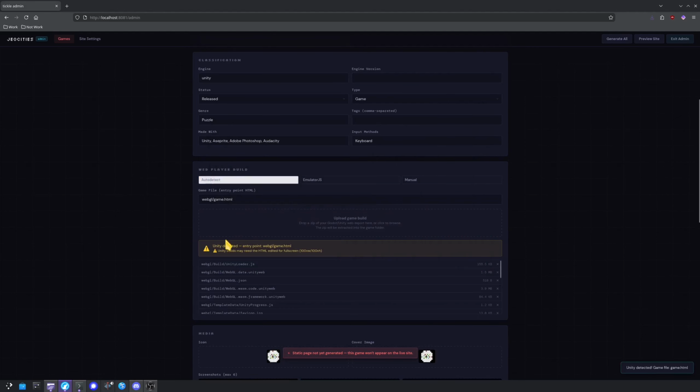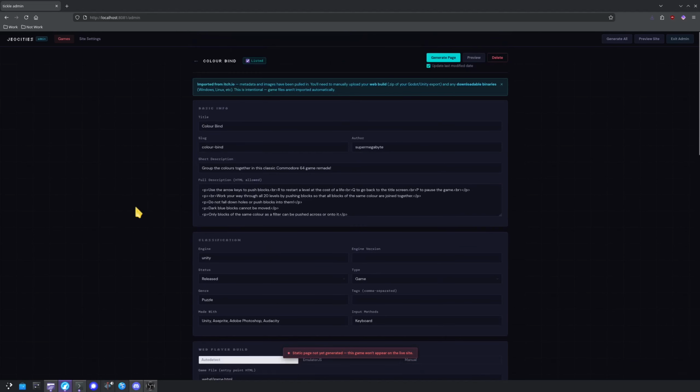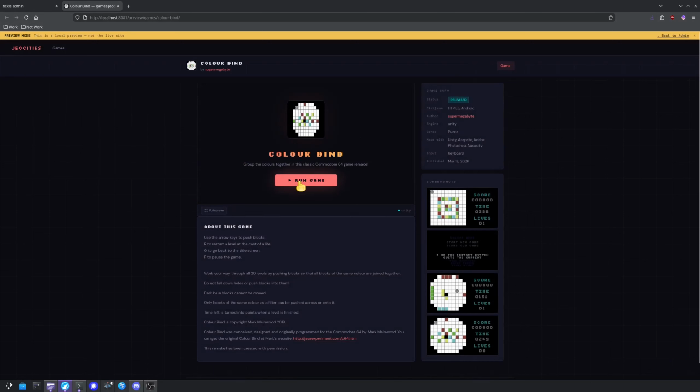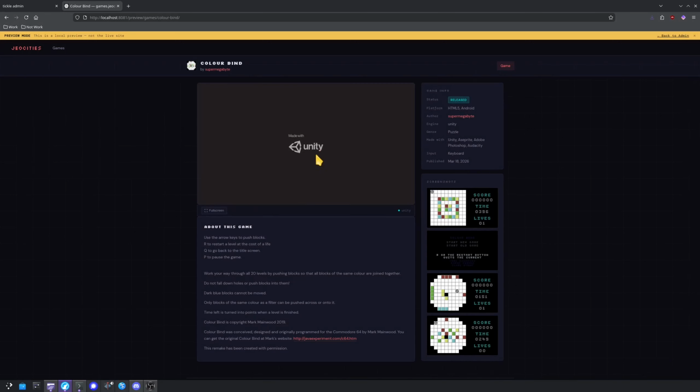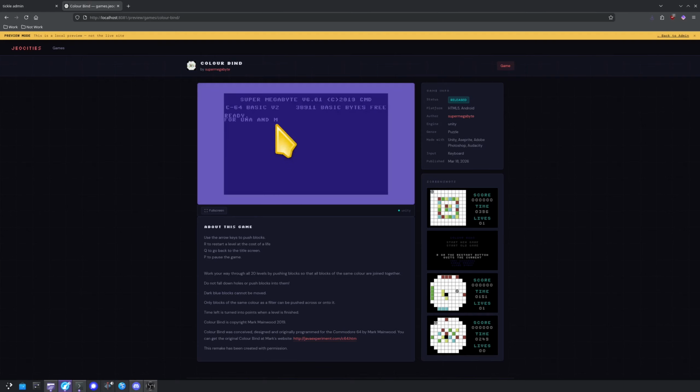upload a WebGL build. And you can see here it's automatically detected that it is a Unity game. So Unity has slightly different hooks for the WebGL stuff than something like Godot or Phaser. But if we preview this game here, we can actually run that in our browser. So one key difference is we cannot run the WebGL builds in our local file only. We have to have a web server for